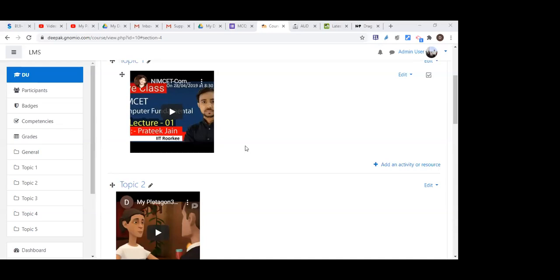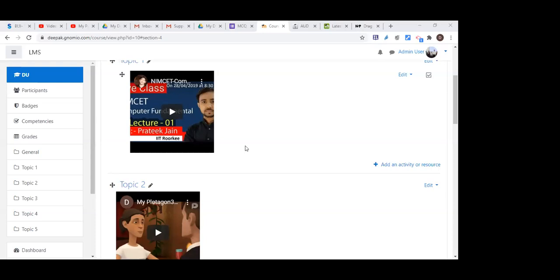How to integrate Zoom and an anti-plagiarism tool in Moodle? I think I already answered. For that, you need to install Moodle on your university server, central server. Then you will get unlimited features, and you can integrate anything with Moodle. Hot Potato, you can integrate. Even more than your imagination. There are 300 plus activities you can integrate with the free version of Moodle. We have been using Moodle for the last 10 years, and we have integrated attendance and many things.